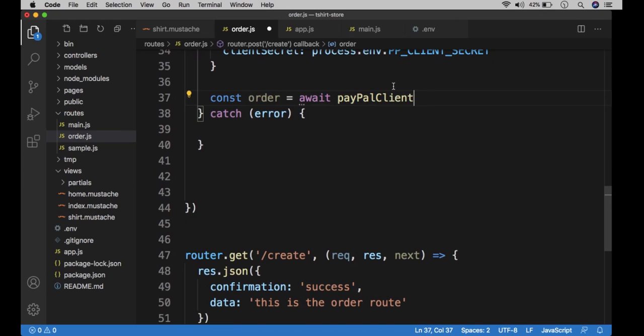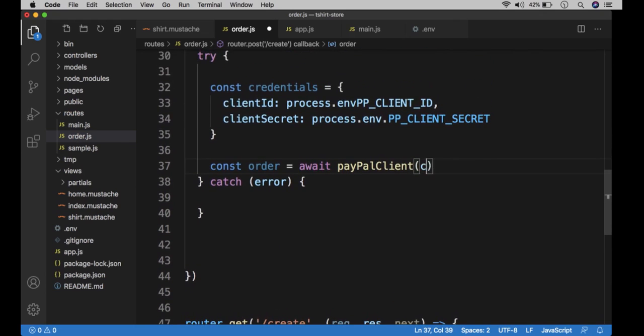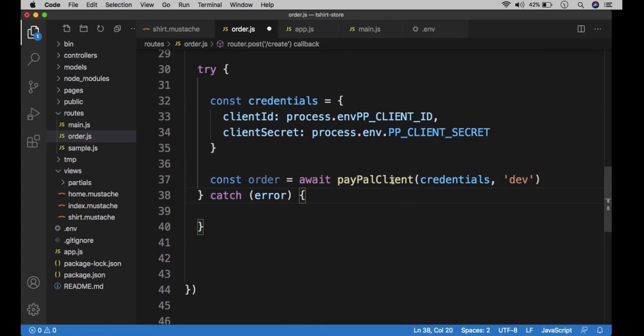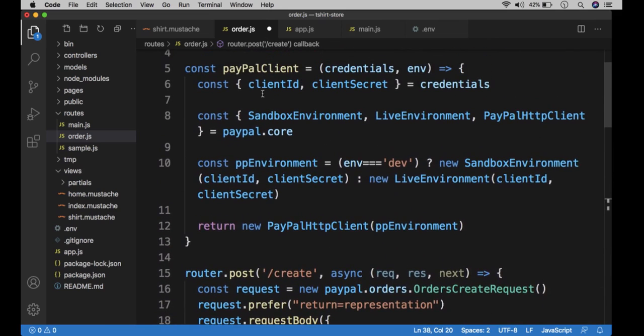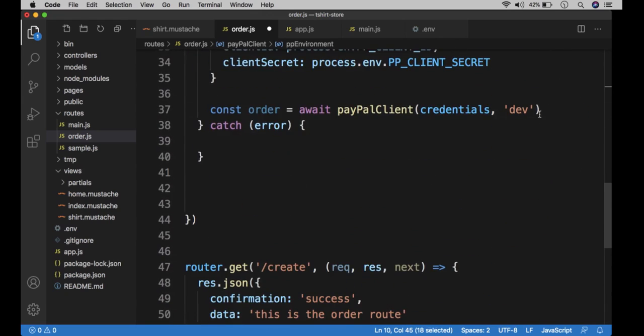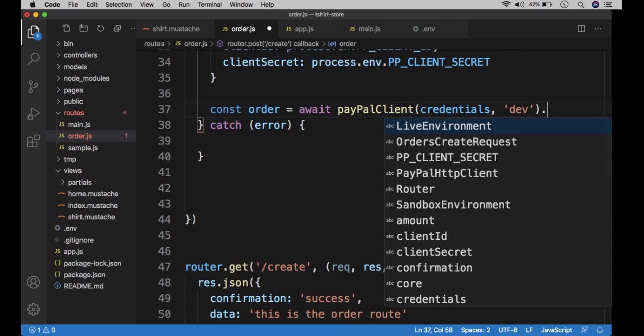we instantiate a PayPal client using the credentials, and we pass in the dev, and be aware that we're using this right here. So we pass in the credentials, and we told it to be the dev environment, so that it passes us the sandbox back, right? And then this is going to give us an object that can directly interface with PayPal. So we can just tell it to execute